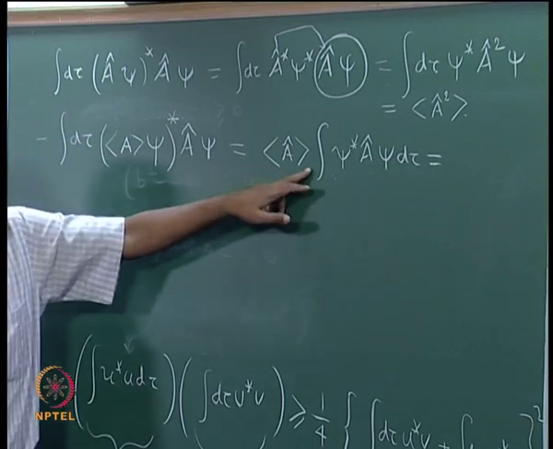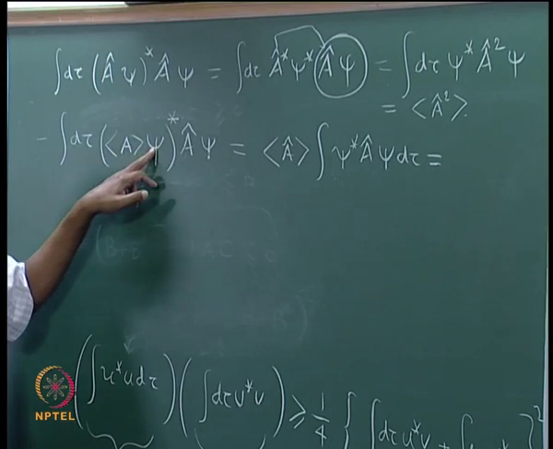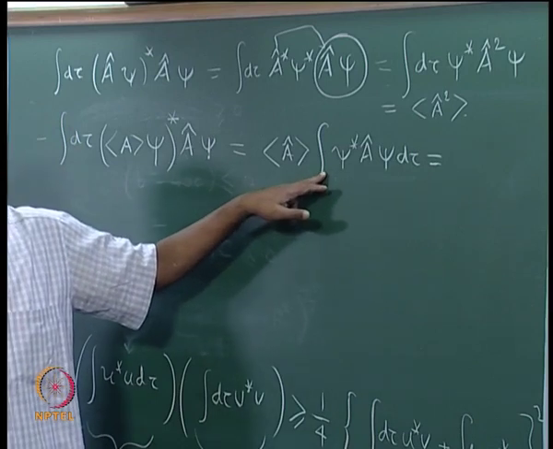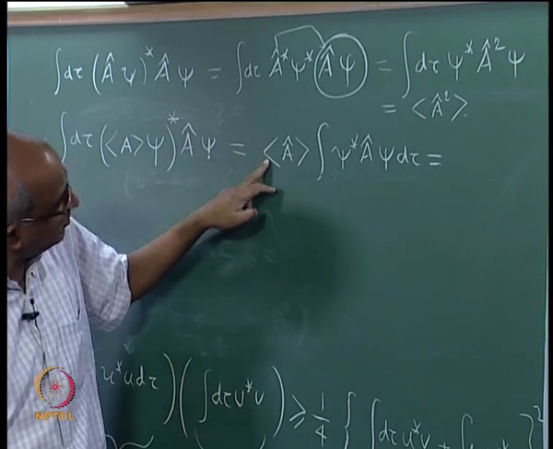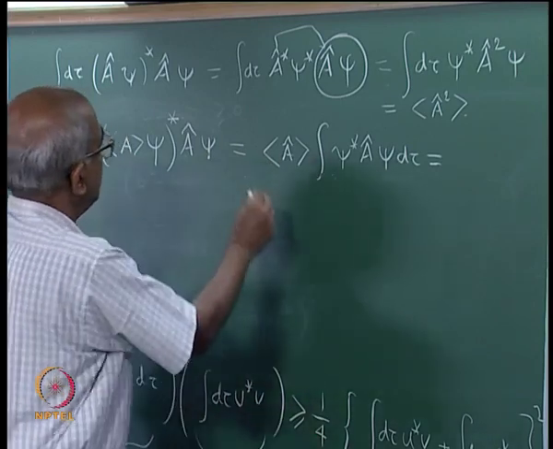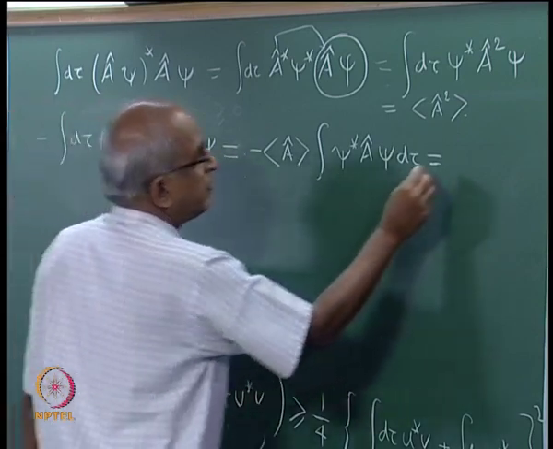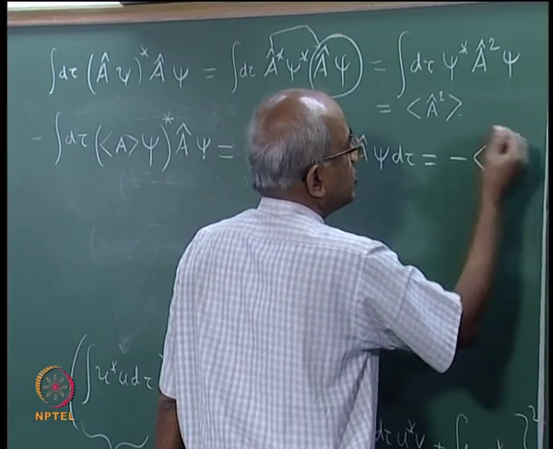So, the expectation value has come out, then I have psi A operating upon psi star, right. And what is this? That is nothing but the expectation value of A, right. So, therefore, this expectation value of A into expectation value of A, I have forgotten to put the negative sign, it should be there. So, therefore, minus A expectation value square is what this term is,